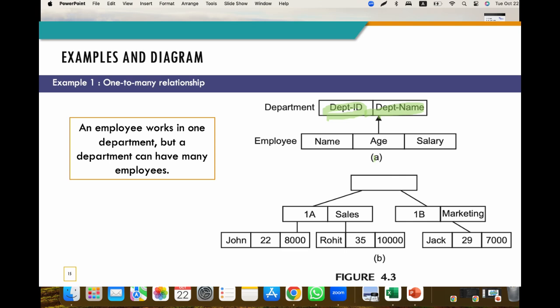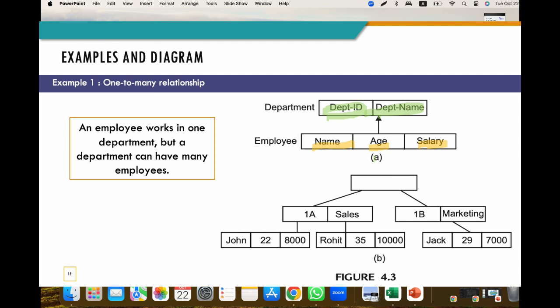Meanwhile, for the employee, we have the attributes name, age, and salary. For the link, the arrows from the department to employee indicate a one-to-many relationship, meaning that one department